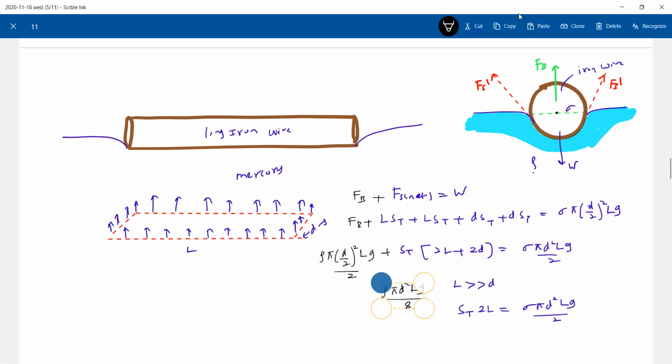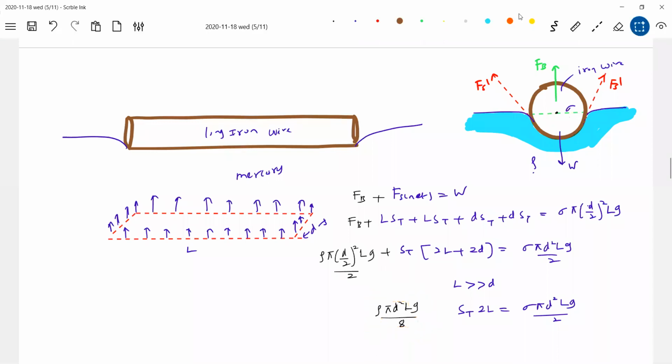I just added that one. I had totally forgotten that. You were saying pi d by 4, no? Okay, this is d by 4. Since L is very much greater than D, in this bracket D is very much less than L, so we can eliminate that one. So we'll get this as the answer.